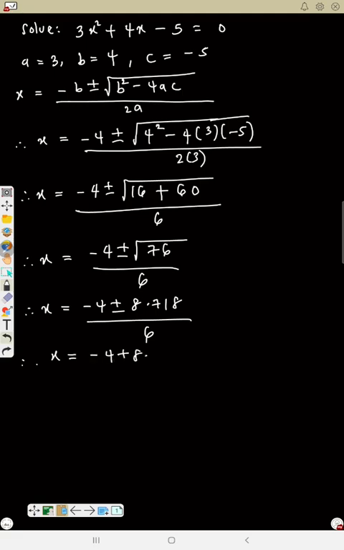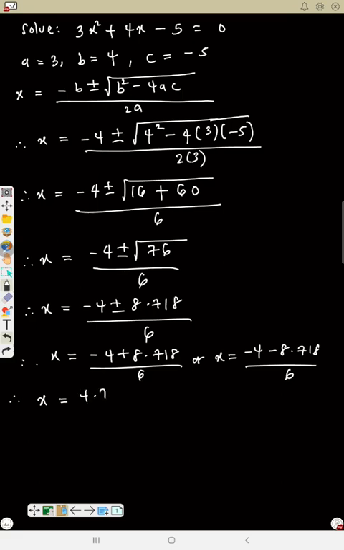Minus 4 plus 8.718 divided by 6, or minus 4 minus 8.718 divided by 6. Therefore x is, so minus 4 plus 8.718, that will be 4.718 divided by 6, or x is equal to minus 12.718